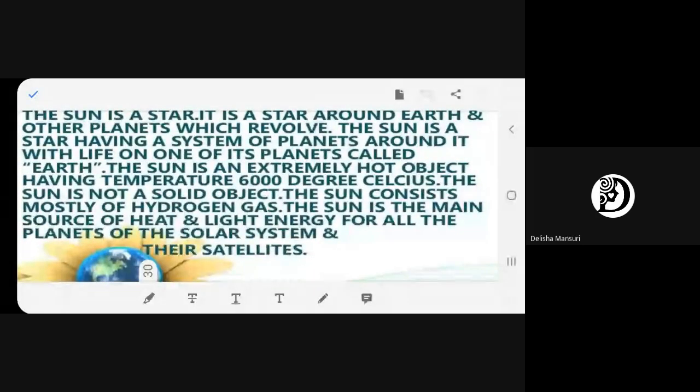Even you can see the Moon shining. How come it is shining, beta? It is shining due to the sunlight. Remember that, because satellites do not have their own light. So planets and satellites all shine with the help of sunlight. Any problem?